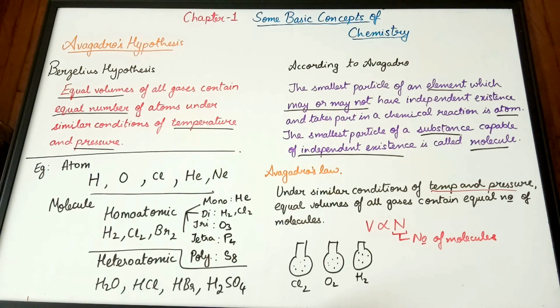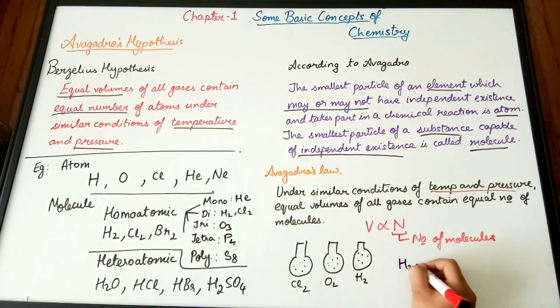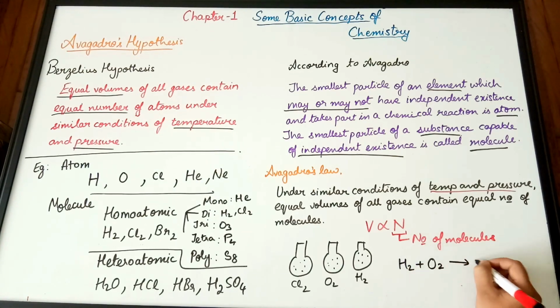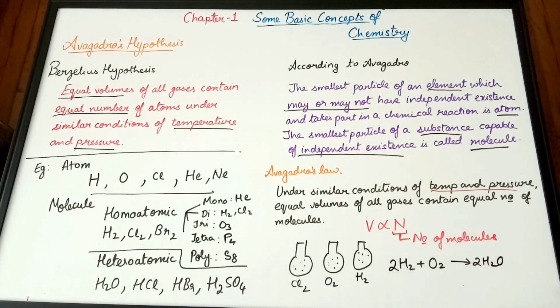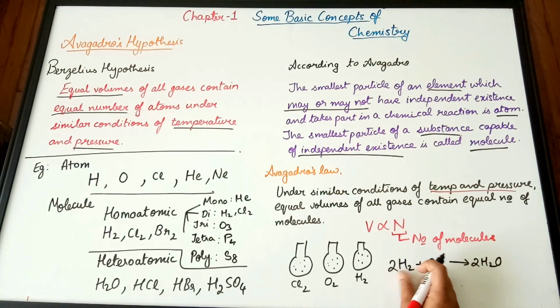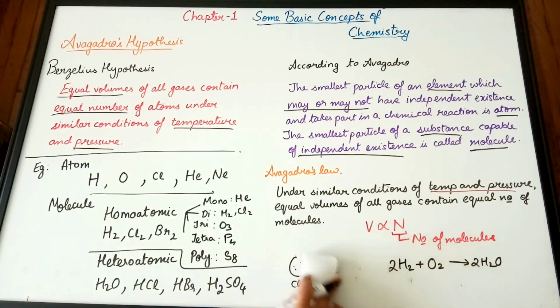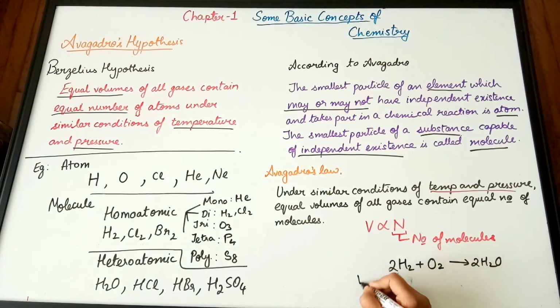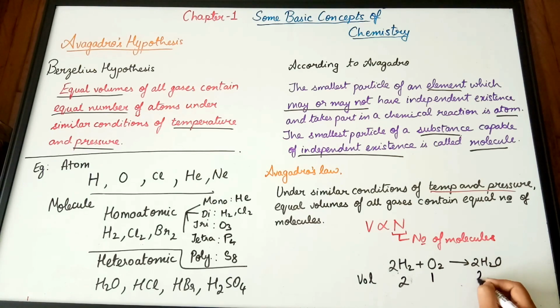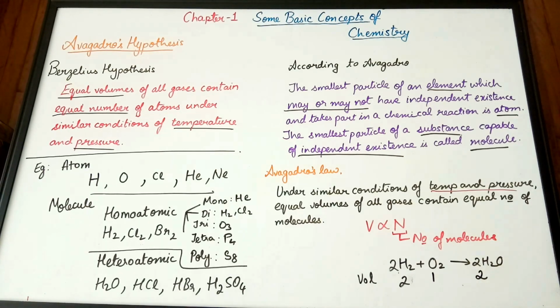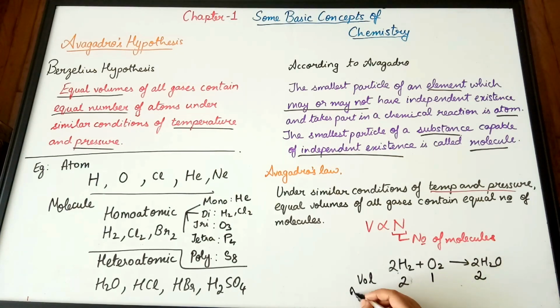Now let's take the example of formation of water. Here you have 2H2 plus O2 gives rise to 2H2O. According to Gay-Lussac's law, let's consider the volume. Two volumes of hydrogen react with one volume of oxygen to give us two volumes of water, which means number of molecules